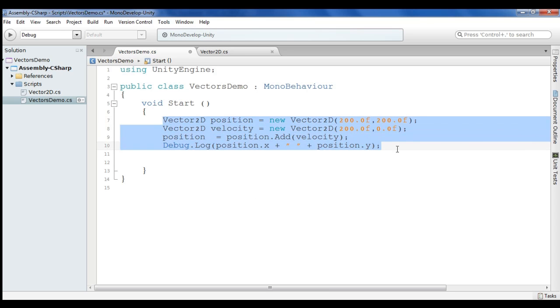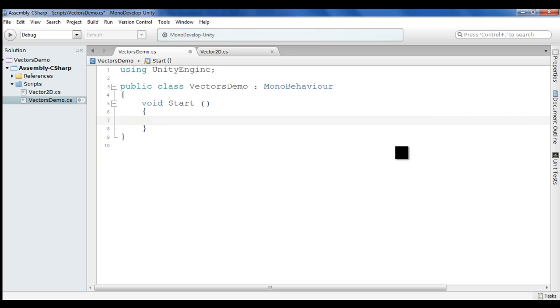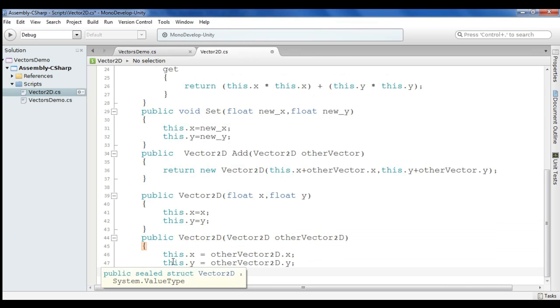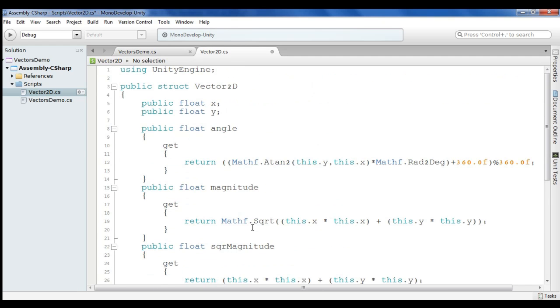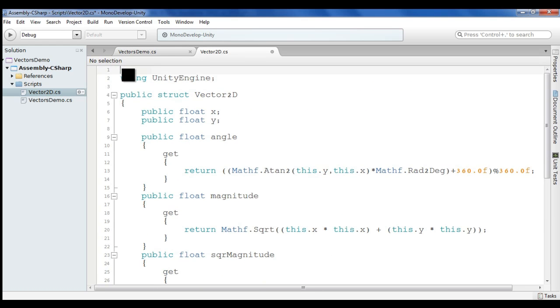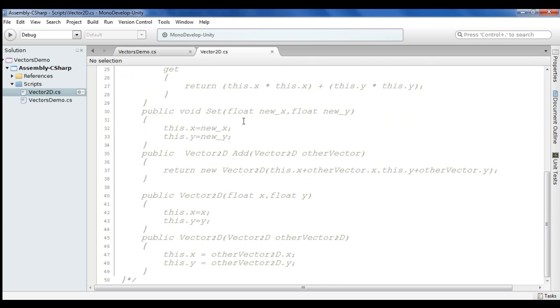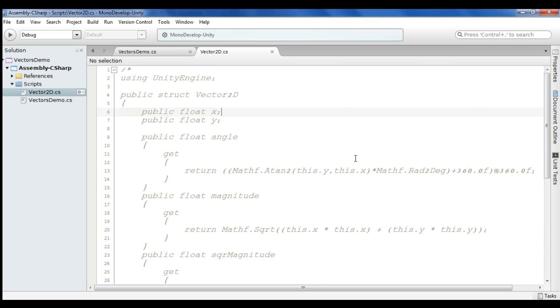So let us understand, guys. Just save it. Now what I am going to do is comment out this whole code. I am going to comment out this complete code. I just save it. That means you can think like this code is not there. There is no code available.